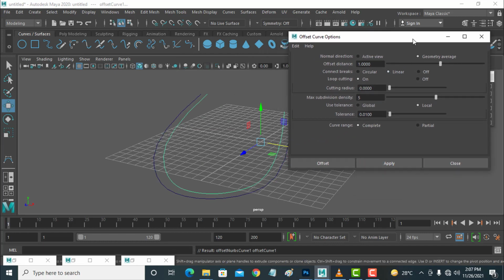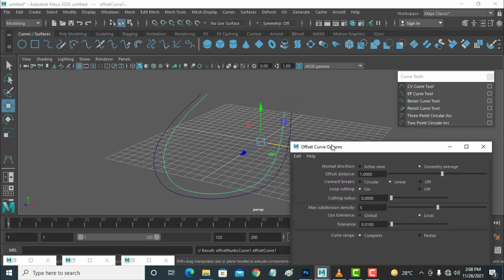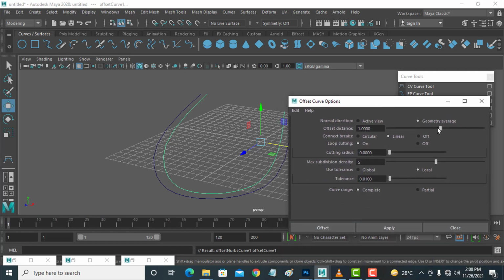See the second line is around the old line, so you can duplicate the line with offset. Offset values are here. You can change the value and set this as you wish.